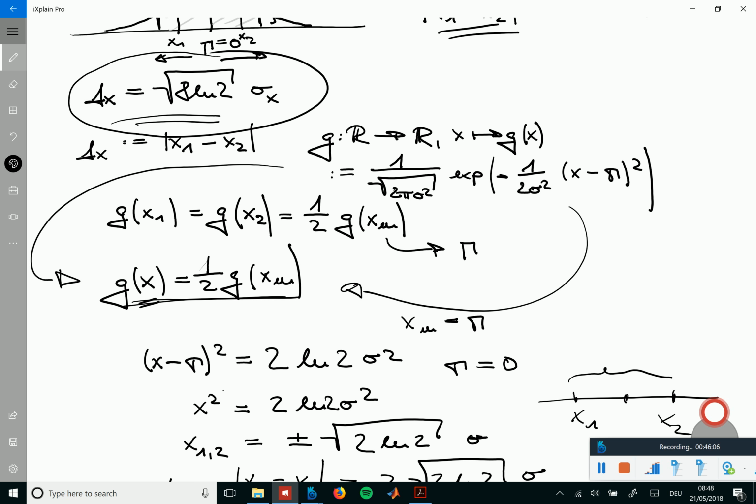If you have another symmetric function, for example, you could have a function that looks like this, like a triangle function, it gives you a little bit of an idea how you would be able to compute the full width half maximum of that if you ever need to. But beyond that, it's not that instructive. Okay, so